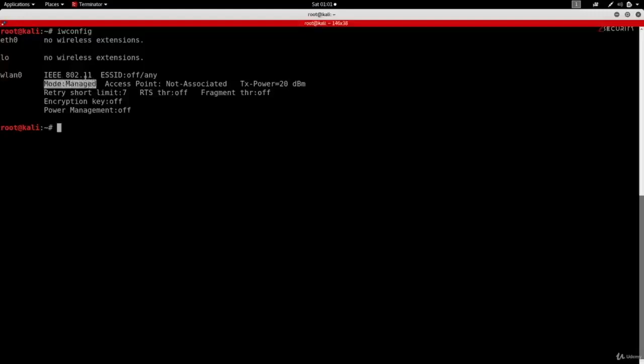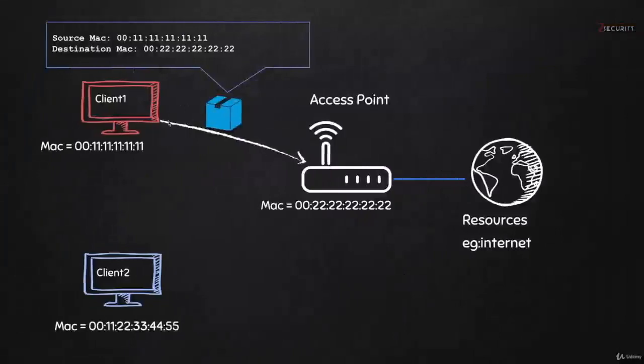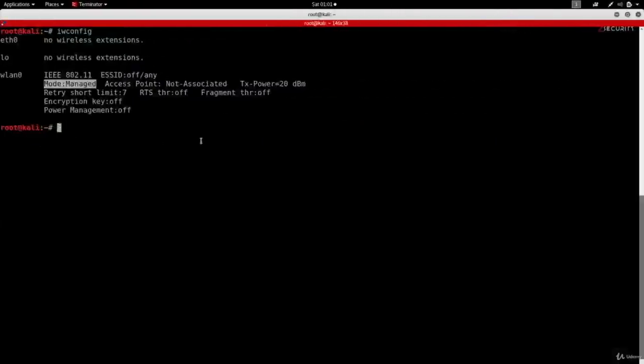This is the default mode of all wireless devices. It means this device will only capture packets that have the destination MAC as the MAC address of this device. So basically, it will only capture packets that are directed to my Kali machine.